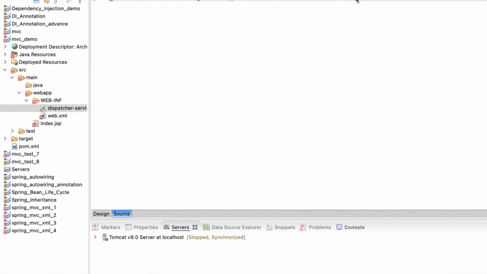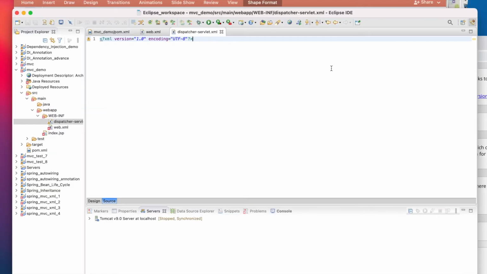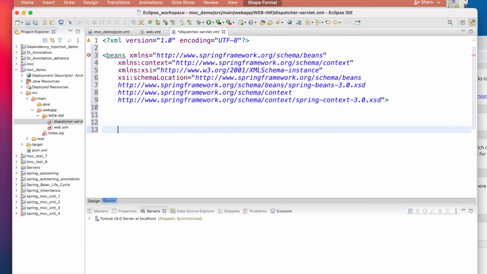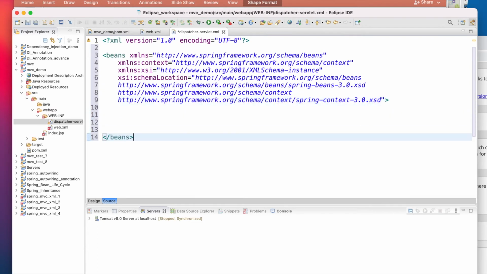In dispatcher-servlet, what we have to do now is first create one complete bean information to make this Spring compatible. If you see here, we have already seen this file when you create the bean, right? This is the bean container. Actually we are making the application container, and the application container needs the bean factory information metadata, so we are doing that.